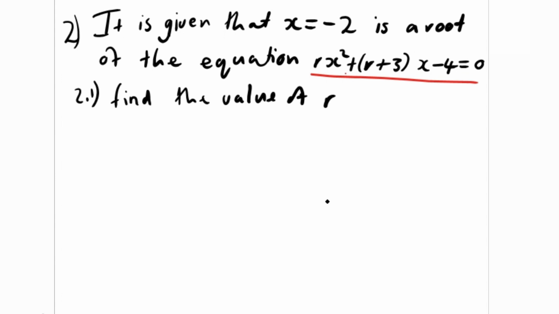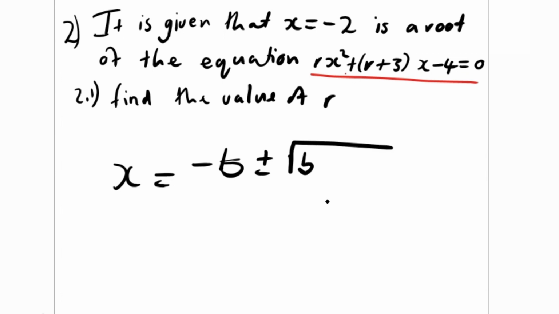We say, since they give us a root, and the equation that they used to get that root, we can use the equation together with the quadratic equation to produce the same root. So if we want to solve for x, we can just plug in minus b plus minus the square root of b squared minus 4ac, everything divided by 2a. Okay,